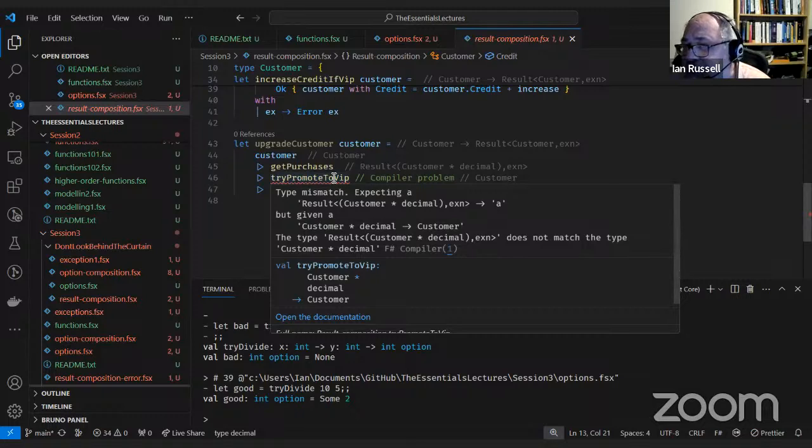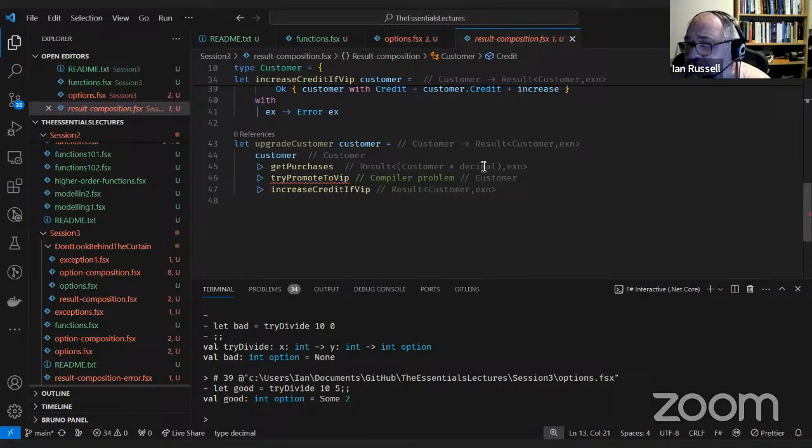Try promote to VIP wants a customer and decimal, but it's not getting that. So just like we decomposed the option type, what we can do now is use a match expression to try and get this to work.